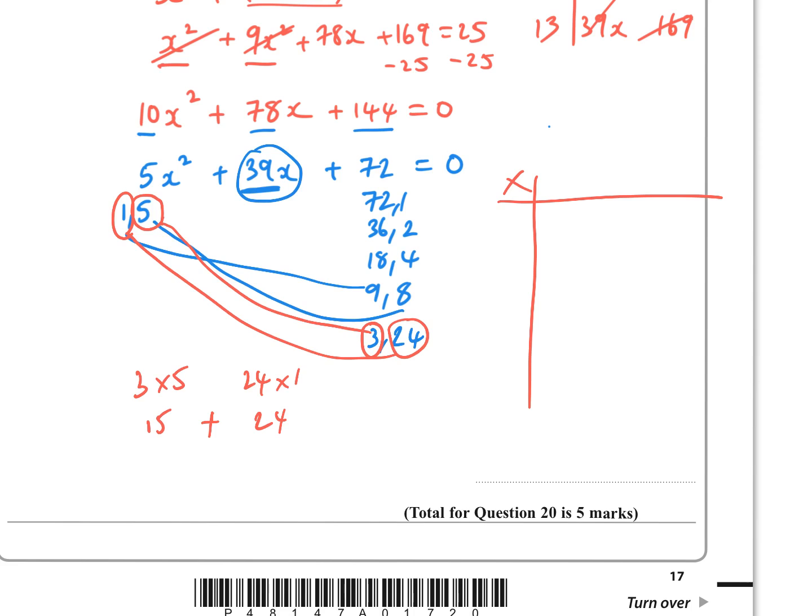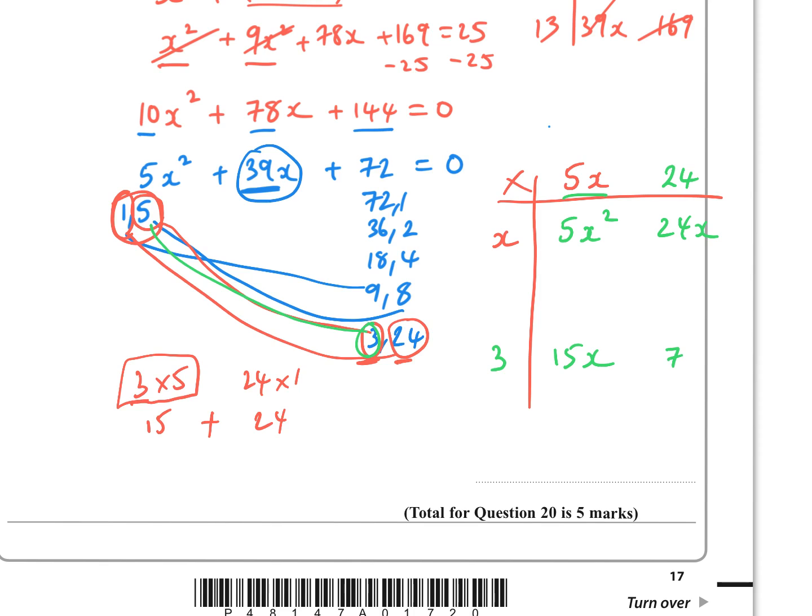Well, these are the coefficients of x, so I'd have a 5x and a 1x, or just x, and then I'd have 3 and 24. Now we've got to be careful, because we said that the 3 goes with the 5, like we had here. So if the 5x is already here, then the 3 has to go here, and that just leaves room for the 24 here. So if you multiply these out, we're going to get 5x squared, 24x like we wanted, 15x,